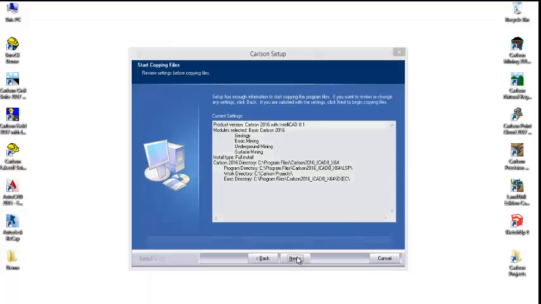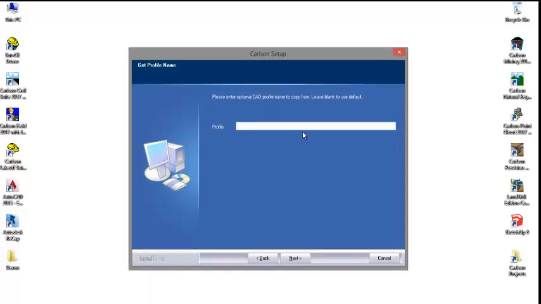So I'm just going to click on next, and then it will ask you for your profile. In your profile you need to define your company name. I'm just giving the name Shotam Instruments. So I'm just clicking on next of the software. So you can